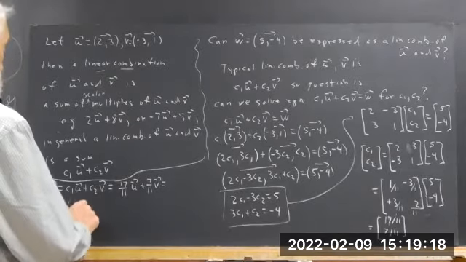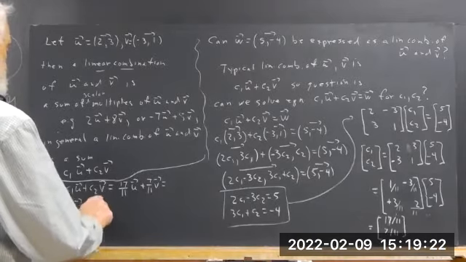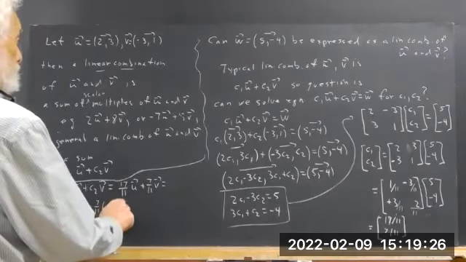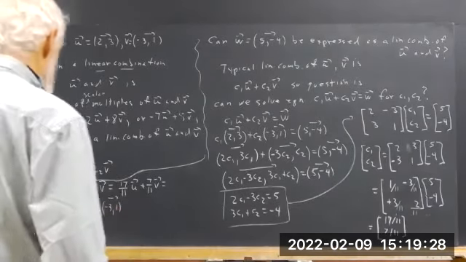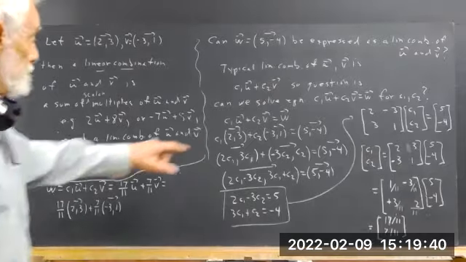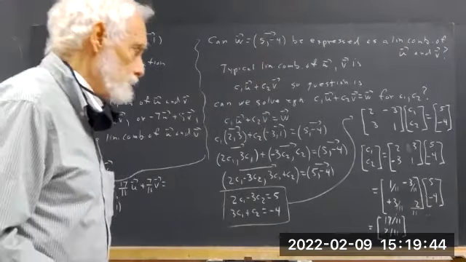17/11, so I'll get it in detail, times (2, 3), if I have room, plus 7/11 times (-3, 1). And that's not going to work either. That's not going to give me 5. I mean, this should equal W, which means that my first component should be 5. So still I've got